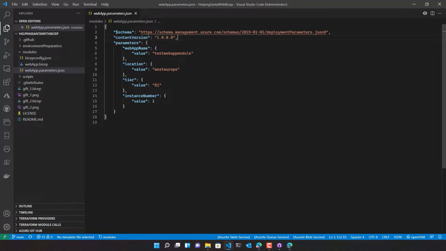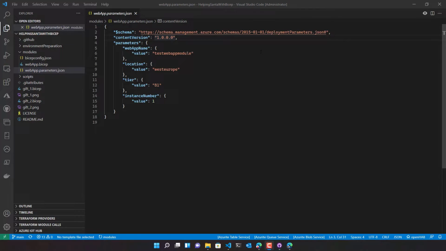This content version property contains a free value, a value that you can define as you want, and so I decided to use it as my version number for the Bicep module I want to push into the Bicep registry.